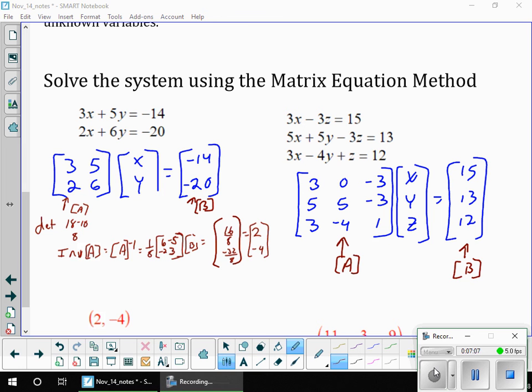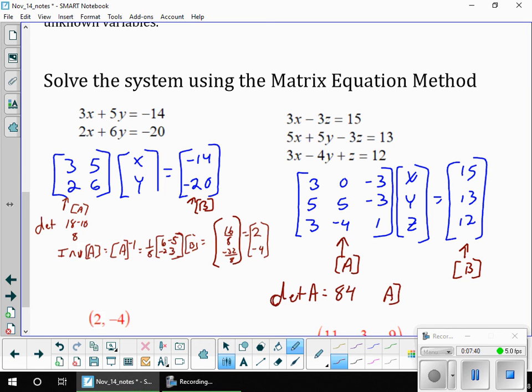Okay, got my calculator. I put the matrix A into my calculator as A, I put the matrix B into my calculator as B. First thing I check is, what is my determinant of A? And I got an 84. So that means this has a unique solution. I can go ahead and work it through. So then all on the calculator, I just told it, give me the inverse of matrix A, multiply that by matrix B, and I've got,